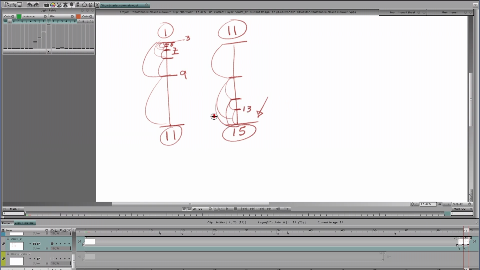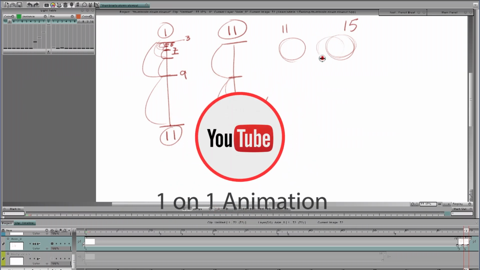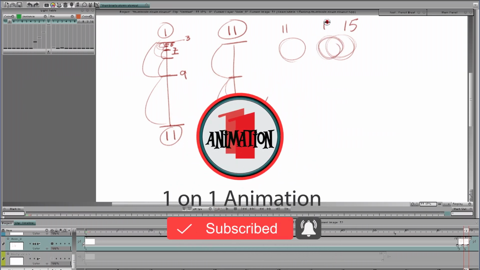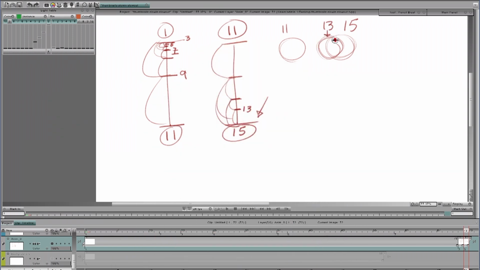Now these are a little bit more complicated when you're doing a drawing. I'm just going to use the balls again, and even though there isn't a drawing directly in between, here's drawing 11 and here's drawing 15. Drawing 13 is going to be way over here. That's drawing 13 right there. And that is how, if you watch animation and it doesn't look floaty and seems to have more snap into it, that is how it's done. It's just the placement of your drawings. And you can do this to